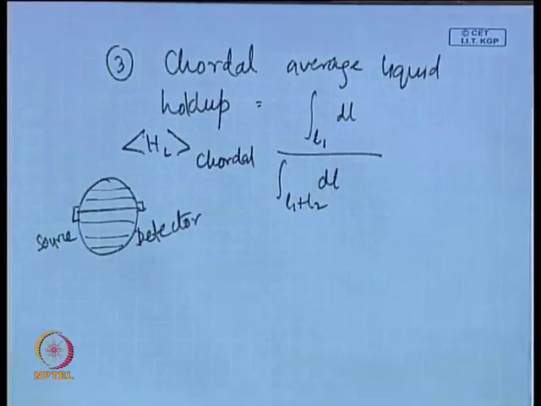Okay, because along the entire chord, the entire length cannot be filled with liquid or filled with the gas when the two phases are flowing, is it not? Some portion will be filled with the gas phase, some portion will be filled with the liquid phase. Now, when it is completely filled with the liquid phase, we know the amount of light which has been transmitted. When it is completely filled by the gas phase, we know the amount that is transmitted. Agreed? Now, when say 50% or maybe 30% of the length of the chord is occupied by the liquid phase,